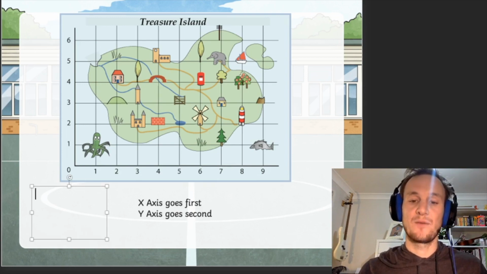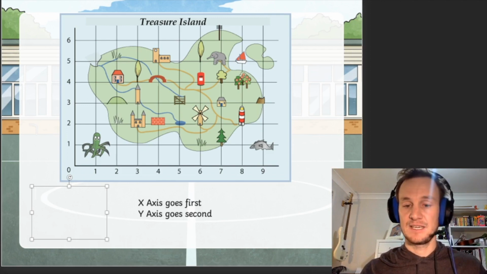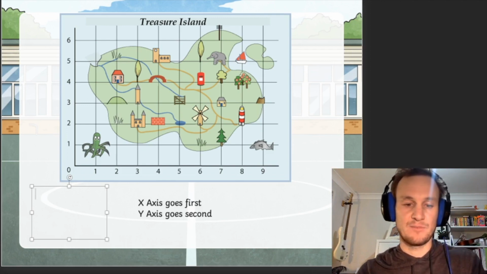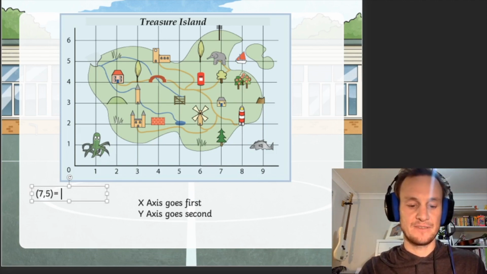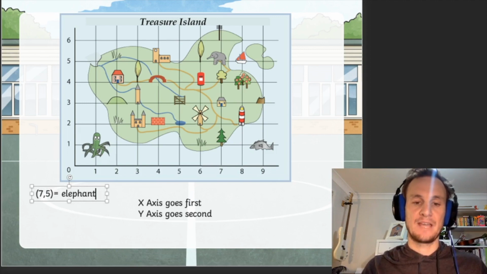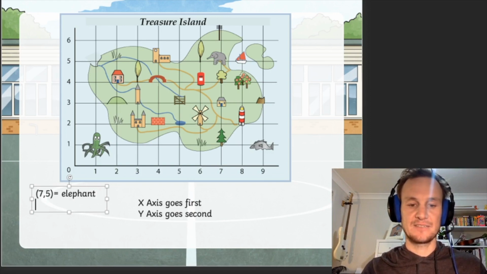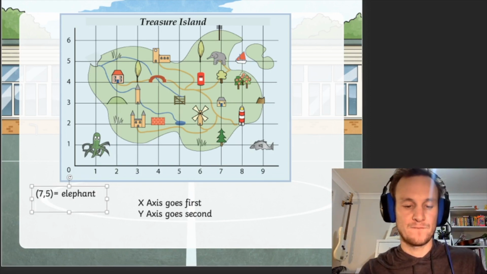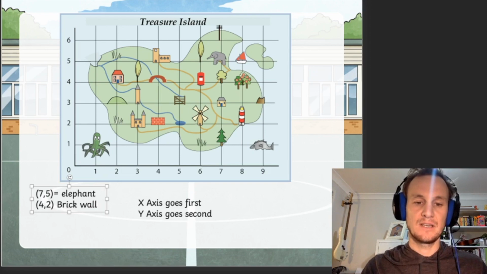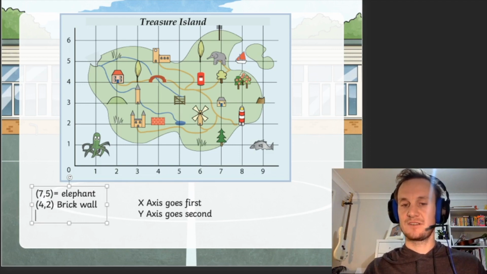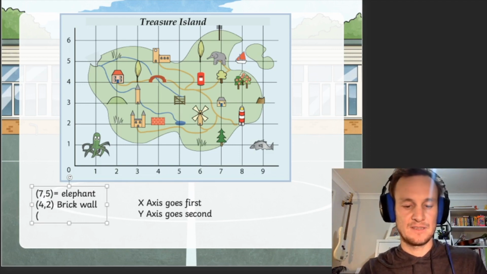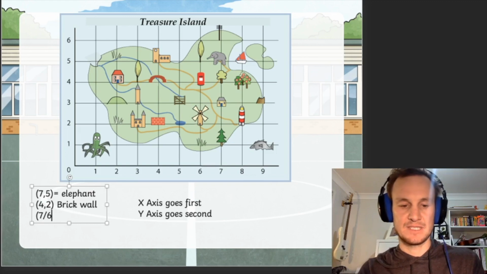If I asked you where was the elephant, you'd come across here and say 7, 5. So in brackets, you would write 7, 5 equals elephant. Okay, if I asked you where the brick wall was, you would do the first one first, so the x-axis, so 4 and then 2. 4, 2, brick wall. We'll do one last one. Let's do the power line. You go across to 7, then all the way up to 6. So 7, 6, so 7, 6